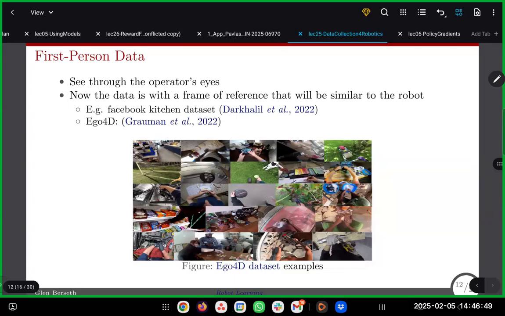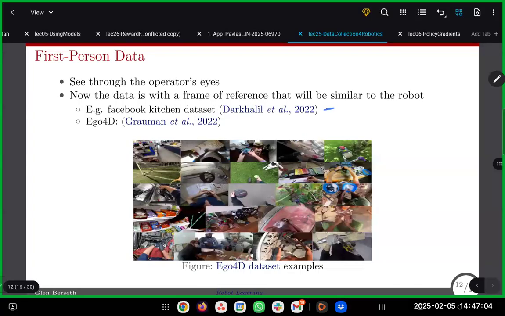And then from this, basically trying to either learn some type of representation or possibly be able to train some robotic system to be able to replicate the behaviors in these data sets. So this is part of either the Ego